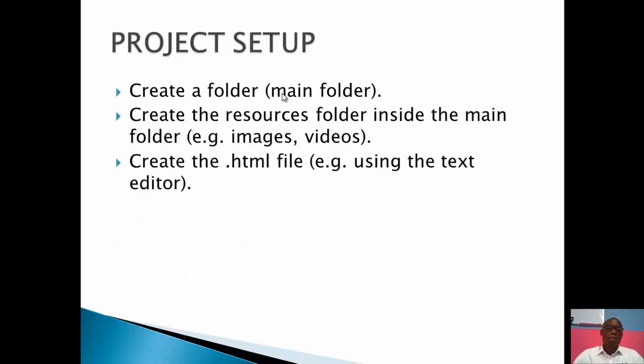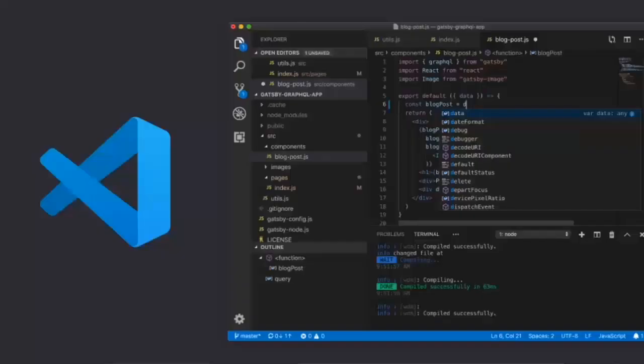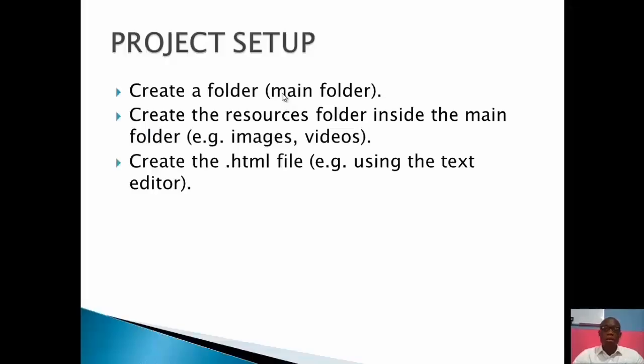With that, we get into project setup. When you want to start a website, the first thing is to create a folder, the main folder that will carry everything, because when you begin to upload your contents to the server, it will be better if everything is organized, and a folder will help you to put everything in a particular place. Then inside that folder, you create your resources folder, meaning if you have images, you put them in a folder. If you have videos and other contents, then the next thing is to create your HTML file using any of the text editors. Like I said, in this class, I'll be using Visual Studio Code. HTML files end with the extension